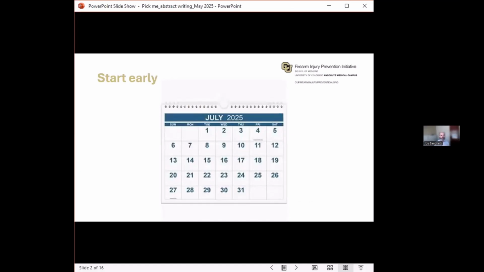This I think is the most obvious one, so it's where I started. There might be a time in your career where you're just swimming in data and studies that are ongoing, and you could think a few days or a couple weeks in advance about what you'll be submitting and get it together quickly. That certainly was not the case for me early on. It took a lot of time and effort to get these abstracts to develop. And it wasn't always clear to me what data I would have, whether I would have data or who I would be writing with. And so starting early, as in starting now and today, is I think the right time frame